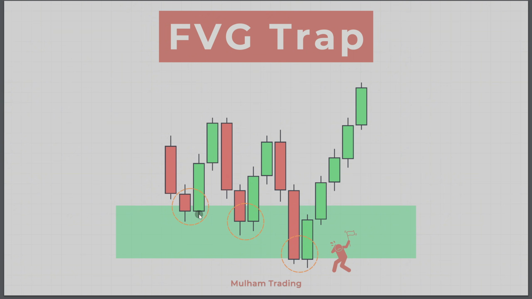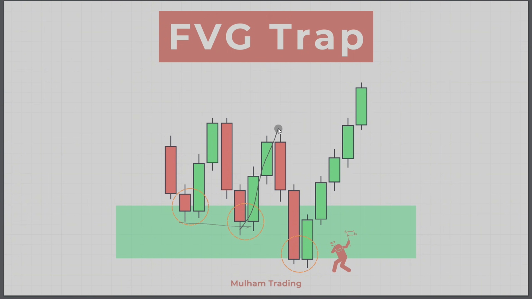Another fair value gap trap is the multiple touches. I mean, this is one of the mistakes that I was falling into when I was introduced to ICT and smart money concepts. They were telling me that anytime price goes to a fair value gap and then reacts to it, they call it mitigation or they call it a test, but it means that price is now willing to go back to the fair value gap again. So when price comes here, I enter confident, stop loss below the low. What happened after is price coming again to that fair value gap, taking my stop loss.